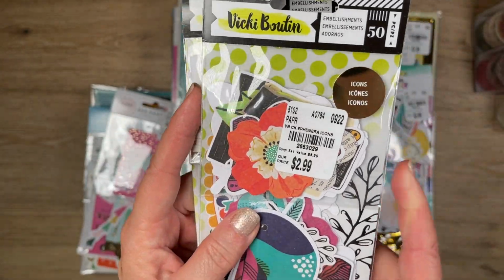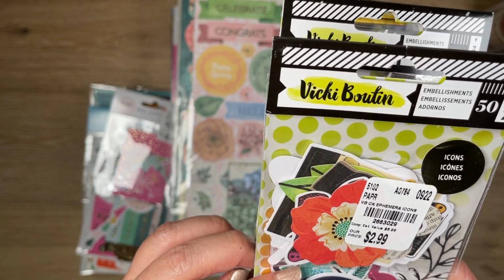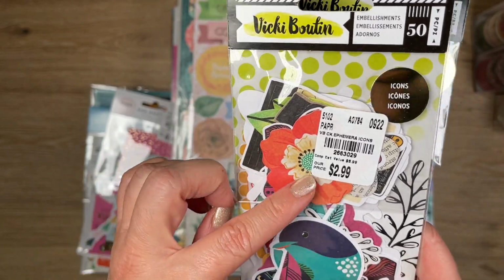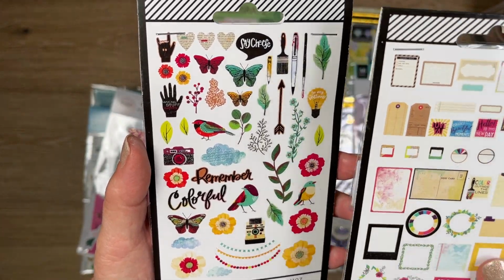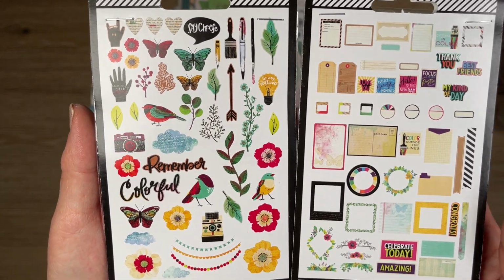I picked this paper pad up from Hobby Lobby when it was on sale. The 12 by 12 paper pad was like $3.99 or whatever. It was crazy. But this is the Color Kaleidoscope collection. And I may have picked this up already, but I don't think so. I couldn't find anybody who has it. So I was able to pick up both the journaling